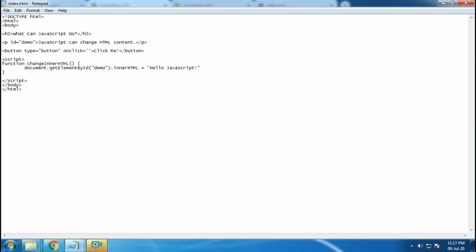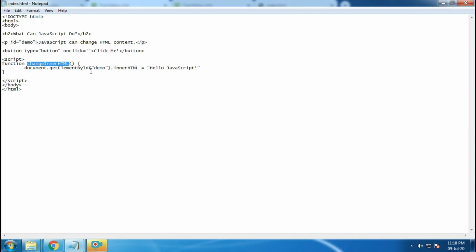Now this function name is change inner HTML, and what is it doing? It's changing the inner HTML of this element. So this change inner HTML function is doing this task, and that makes sense because a function's work is to perform a specific task, and we named this function based on that. So it's clear that it's used to change the inner HTML.